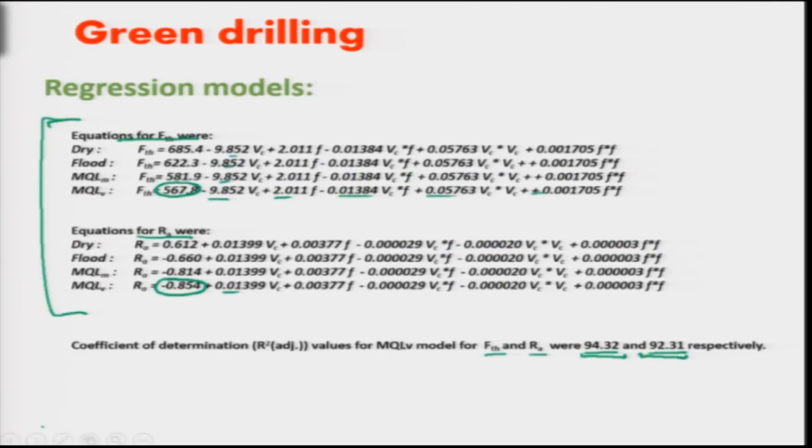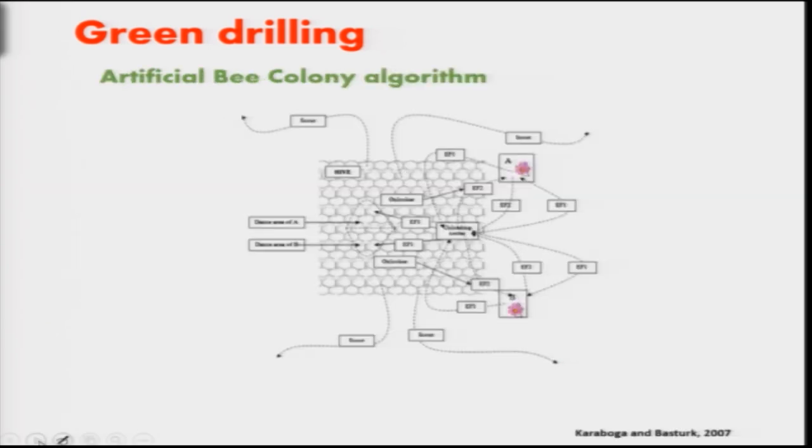Now, these two models were to be optimized and these values are to be minimized. For this, we chose an algorithm known as the artificial bee colony algorithm. This algorithm I would like to take up in the second part of this lecture, so I would like to have a break here and we will meet in the second part. We will discuss the general information, how the artificial bee colony algorithm works, what the swarm optimization method is, and we will see how we optimize the process, and how we chose the parameters for green factory simulation. Thank you.